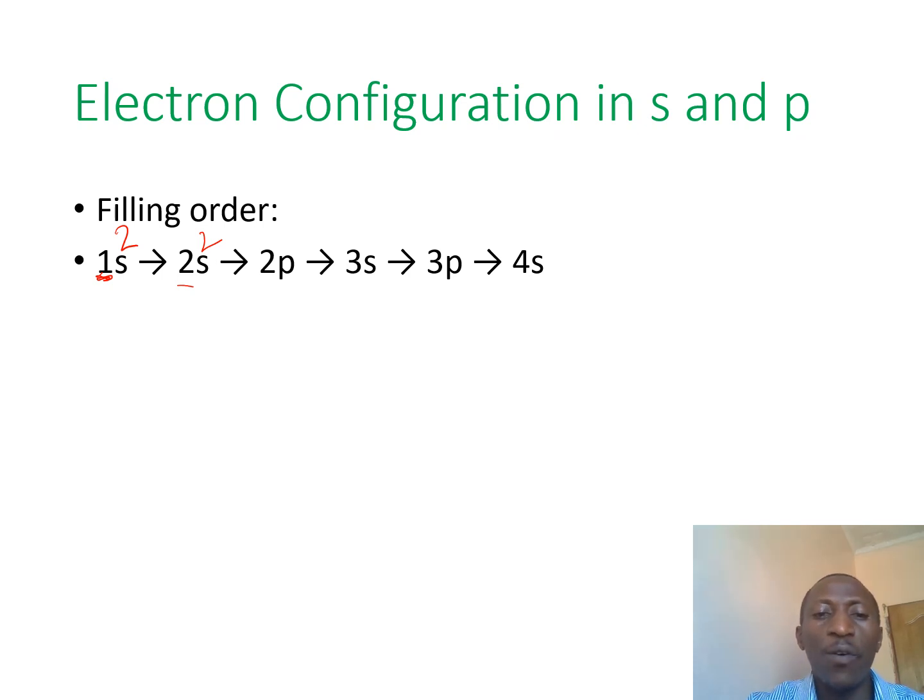In the second energy level, as we had agreed, there are 2 orbitals, the s and the p. So we fill 2p with a maximum of 6. You will realize that in the first energy level, we do not have the p orbital because the first energy level holds a maximum of 2 electrons only. In the third energy level, we have s and p orbitals. The s orbital will hold a maximum of 2 and the p orbital will hold a maximum of 6.